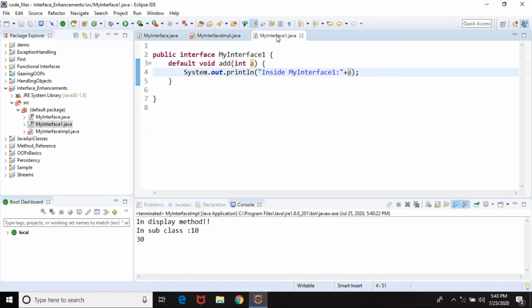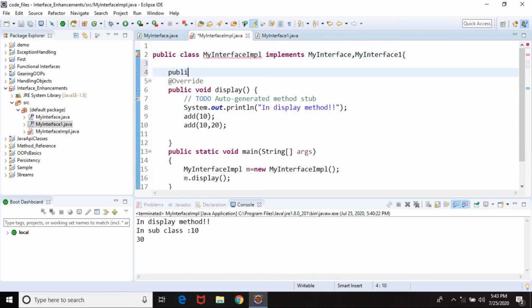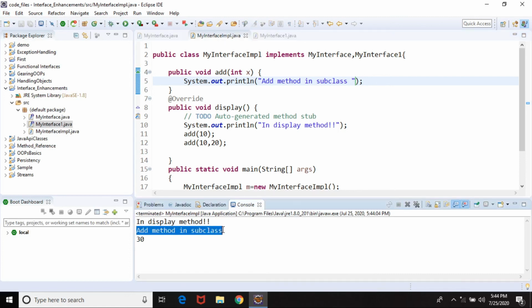So whenever you come across such a situation, if you are implementing two interfaces, and both interfaces have the same method as a default method implementation, you must override the method in the subclass, right? And if I now execute this class, you will see that the add method is going to be called from the subclass. So this is one of the changes that you are going to observe in Java 8.